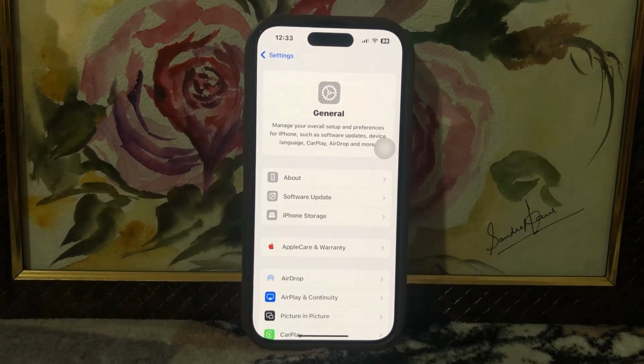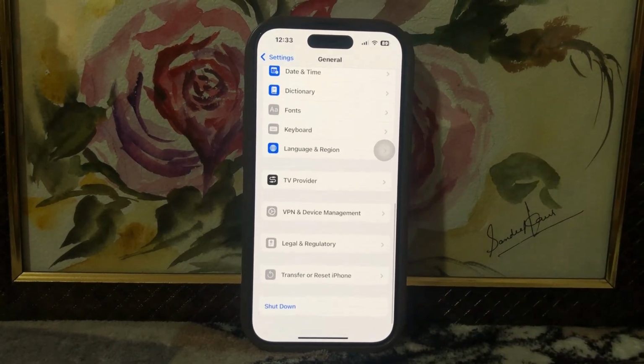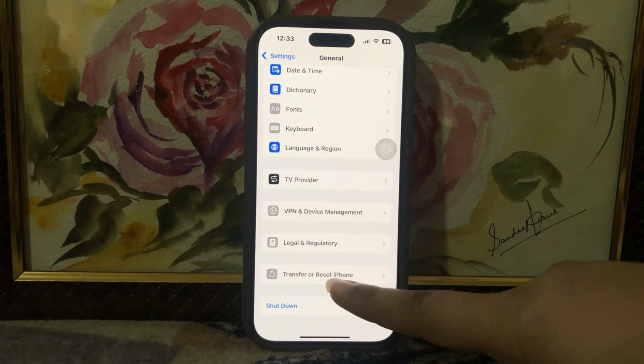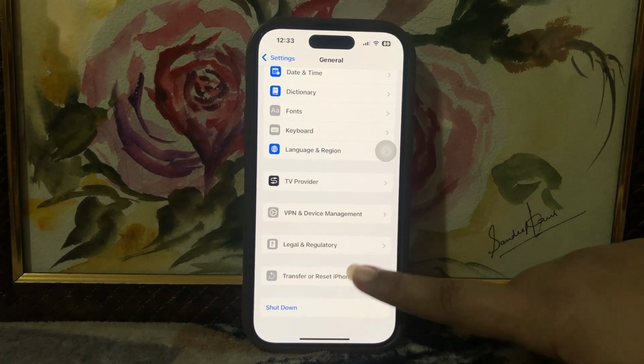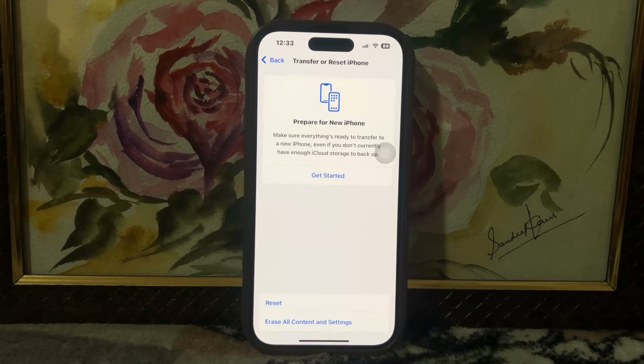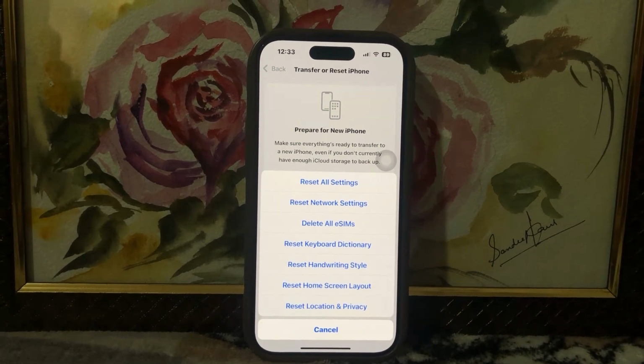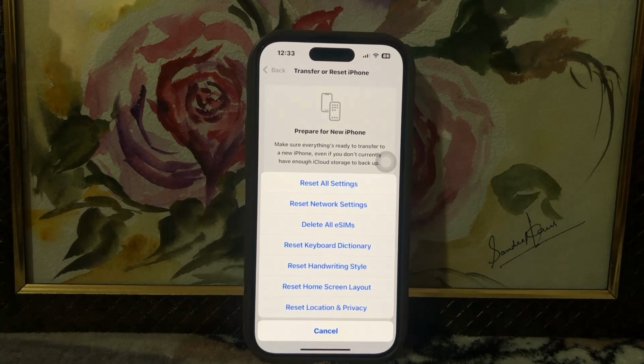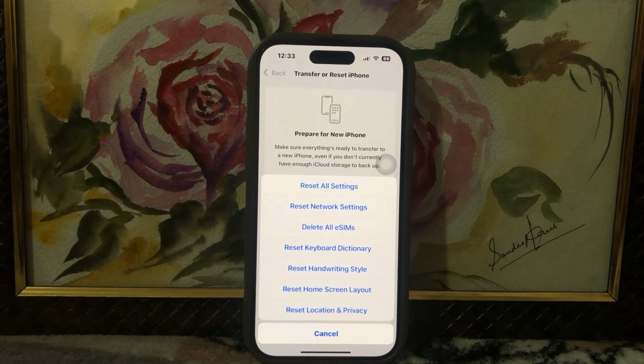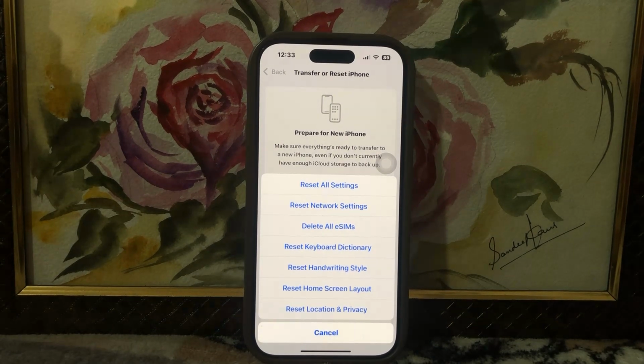Now, scroll down to the bottom of this page and here click on transfer or reset iPhone. Click on that. Now click on reset. Here you can see at the second-to-last option there is reset home screen layout. Simply click on that and it will help you to resolve so many of the problems related to your home screen layout like swipe up, swipe down and everything.